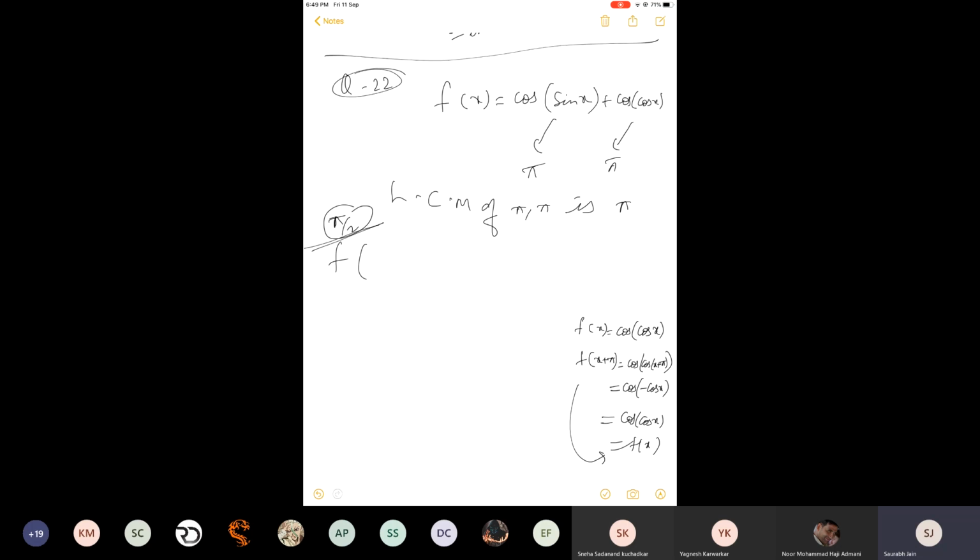So we have to check them also. Then you should be strong with your geometry and trigonometry. With 60 and 30, everybody knows sin of x plus 30 degrees will not change into cos, and so ultimately it will not come the same. It will be a wastage of time. So if possible, there is a chance of pi by 2. So let me replace x by x plus pi by 2. If this comes out to be f(x), then pi by 2 will be the period. Otherwise, the period will be pi, which we have already calculated by LCM. So I'm just checking whether it is a special case or not.